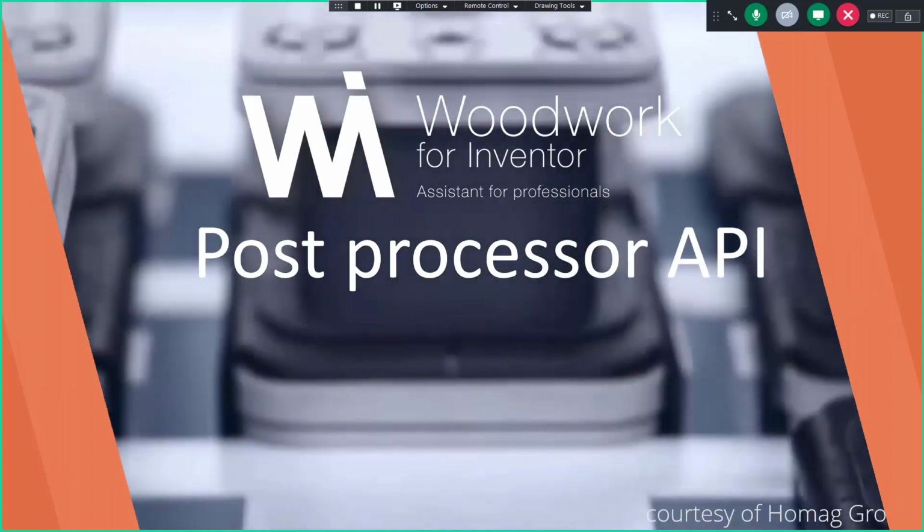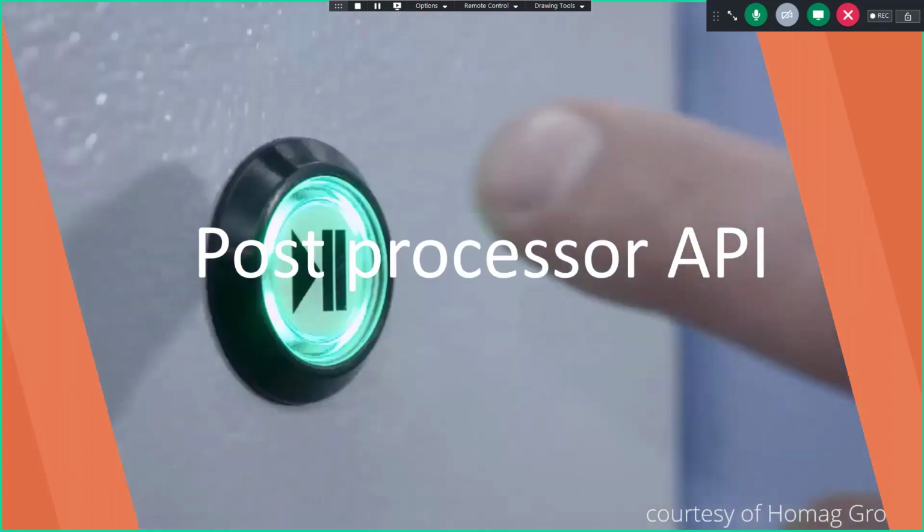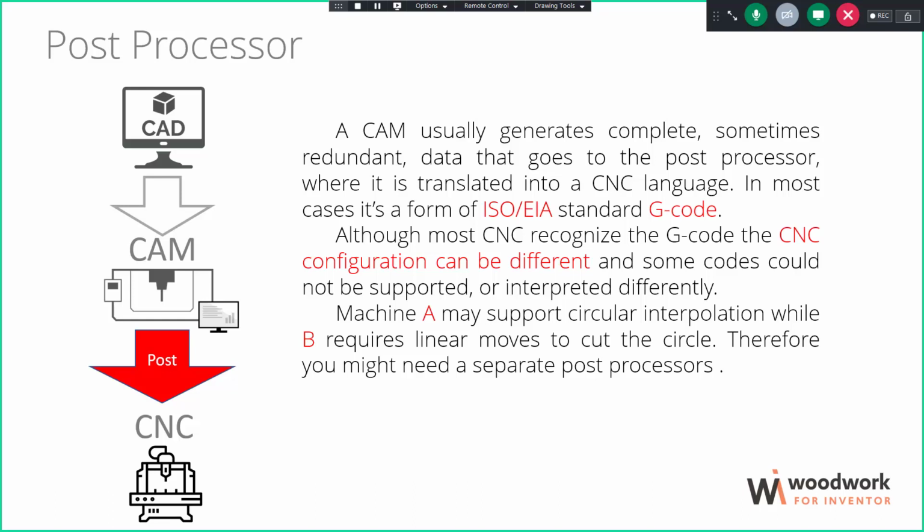Okay, now let's speak about the postprocessors API. You probably know the workflow. There is the CAD system which generates geometry, and then you work on the CAM level in order to define how this geometry should be processed. And there is a translator between the CAM and the real CNC machine. It translates the CAM instructions, which in most cases are redundant, into the language which is understandable for your CNC machine. In most cases it is some form of